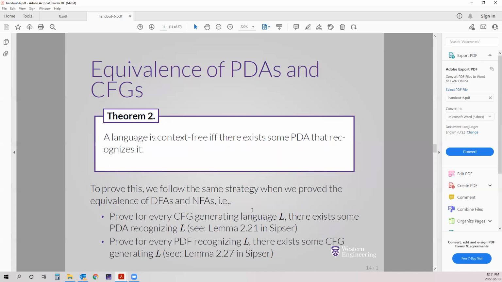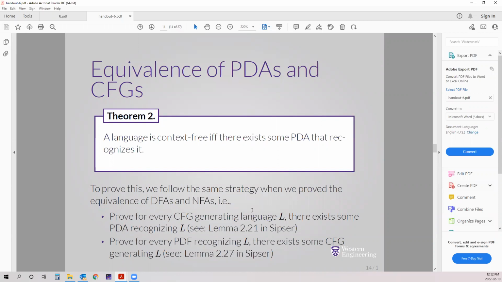equivalence of pushdown automata and context-free grammars. A language is context-free if and only if, again, if and only if, there exists some pushdown automaton that recognizes it. Same as if you remember about regular languages. A language is regular if there is an NFA or a DFA, or there is a regular expression that can recognize it. To prove this, we will follow the same strategy as when we proved the equivalence of a DFA